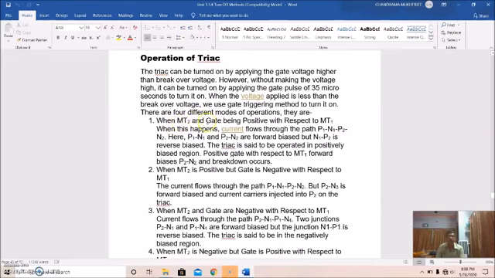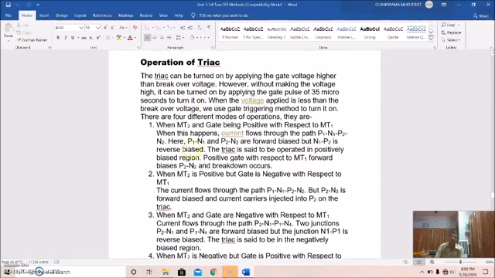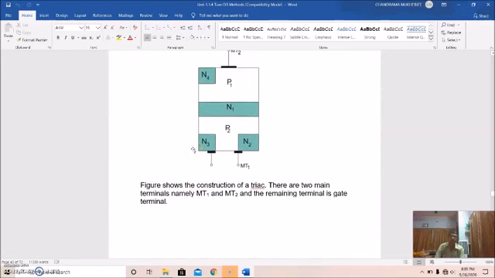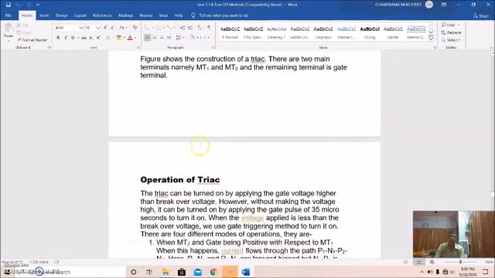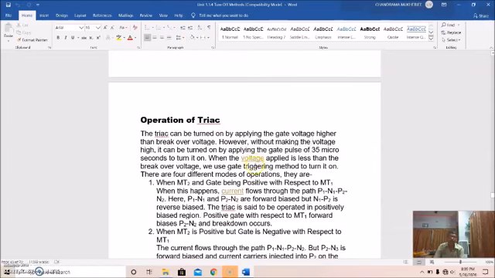MT2, main terminal 2, and gate being positive with respect to main terminal 1. When this happens, current flows through the path P1, N1, P2, N2. P1, N1 and P2, N2 are forward biased, and N1, P2 is reverse biased. The TRIAC is said to be operated in a positively biased region, positive gate with respect to MT1,